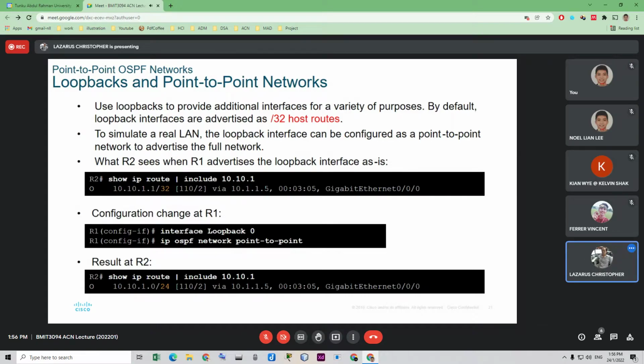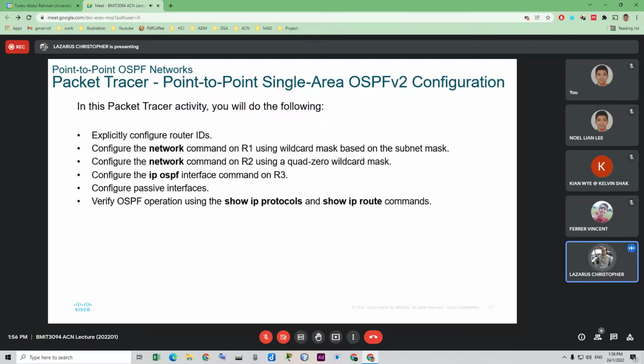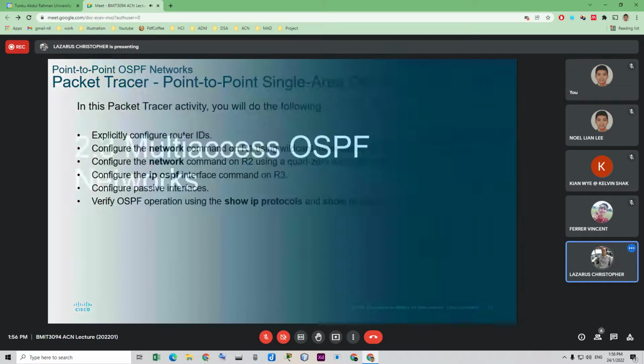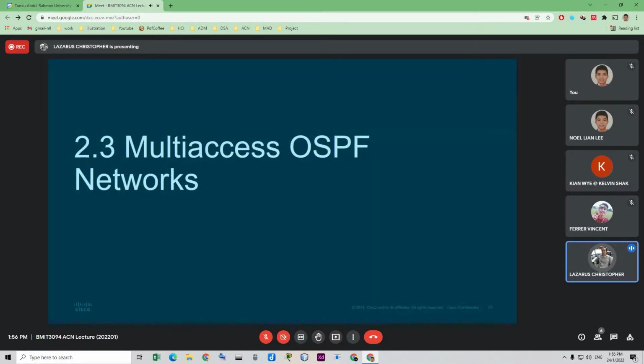Okay, Packet Tracer will consider in our practical. All right, so this is the second part. Just now we considered point-to-point OSPF networks. Now we look at